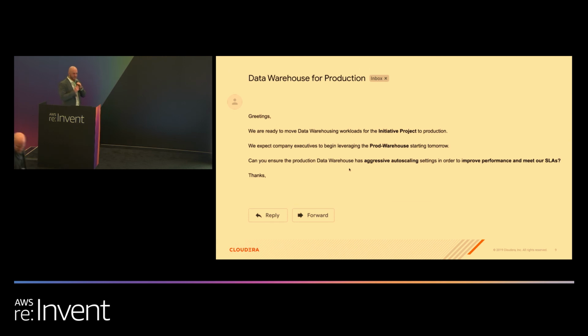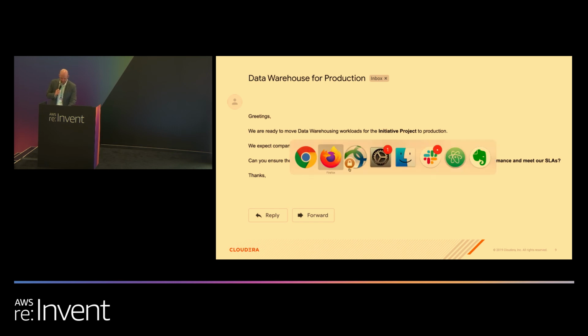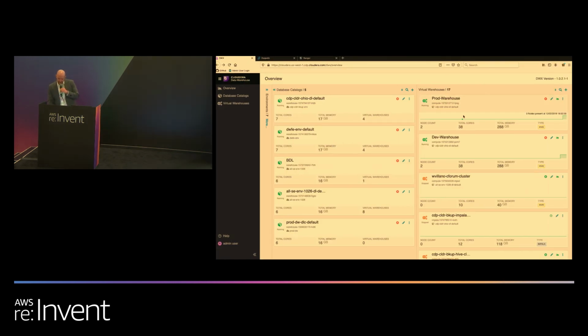their next request might say, all right, we're moving on from dev. We're now moving into production. We now have company executives using these. Performance is getting a lot more important, right? So we don't want to save as much money. We want to go ahead and scale up as needed. And so we're going to call this production. So if we go back into the data warehouse settings,